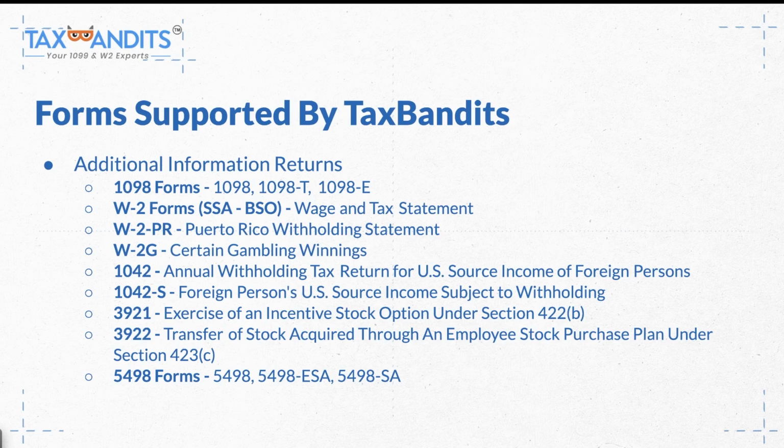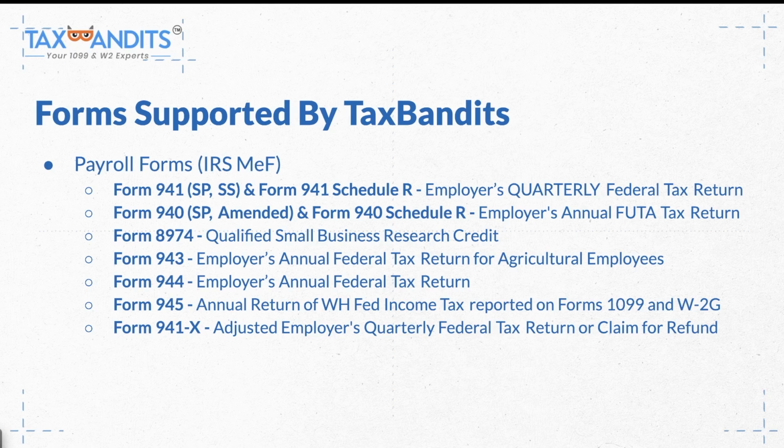The 3921, exercise of an incentive stock option under Section 422(b). The 3922, transfer of stock acquired through an employee's stock purchase plan under Section 423(c). 5498 forms, such as the 5498, the 5498-ESA, the 5498-SA, as well as payroll forms that go through